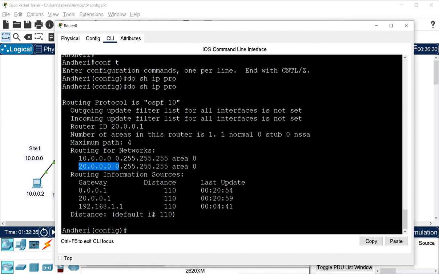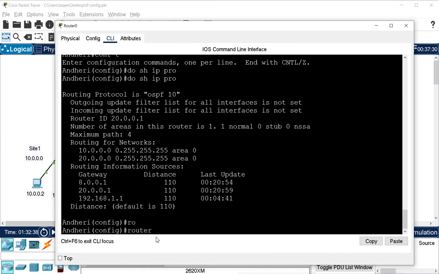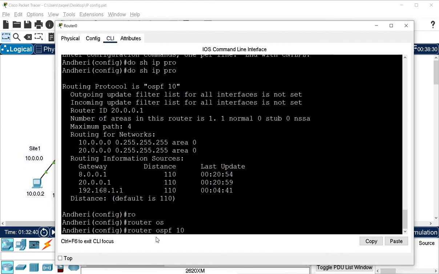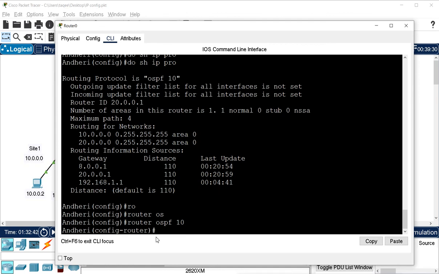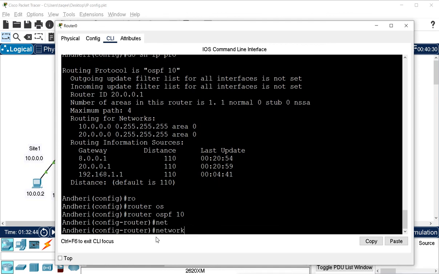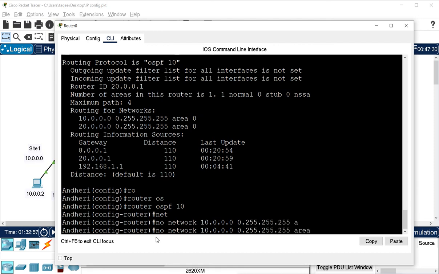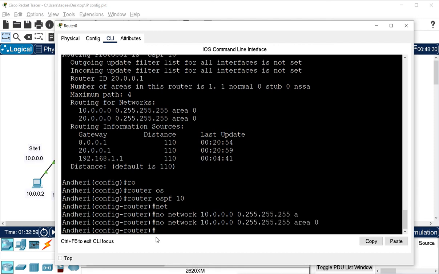I will go to router OSPF, and with the same command, I will say no network 10, then the wildcard bit for that network, area 0. Now that network is removed.